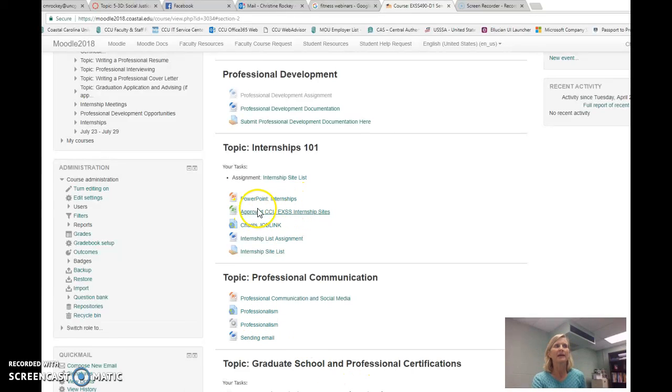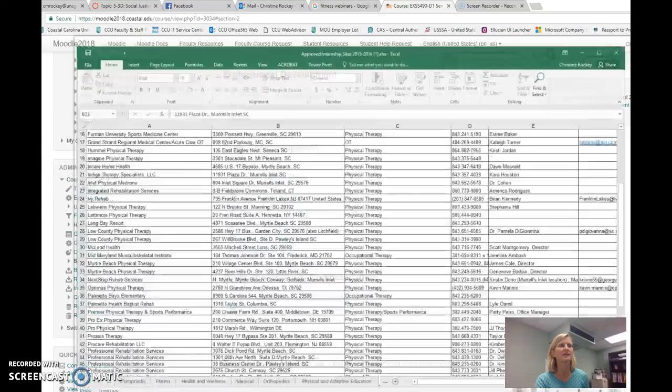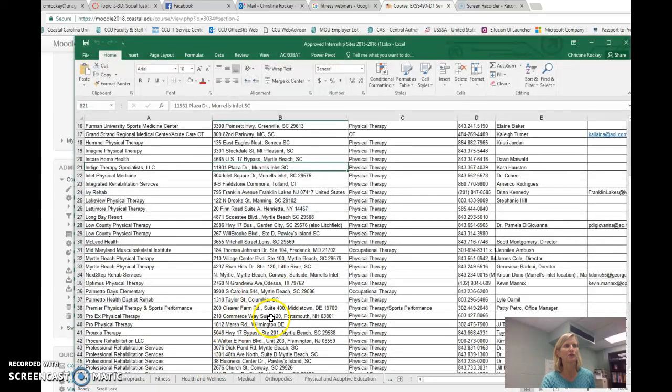The way you're going to do that is by first watching the PowerPoint on internships. It is also narrated so you can listen to it if that's better for you, or you can just read the slides as they go through. The approved internship site list is not an exclusive or exhaustive list of where students have done internships, but it's